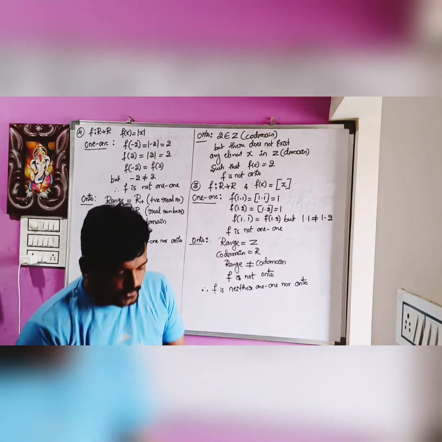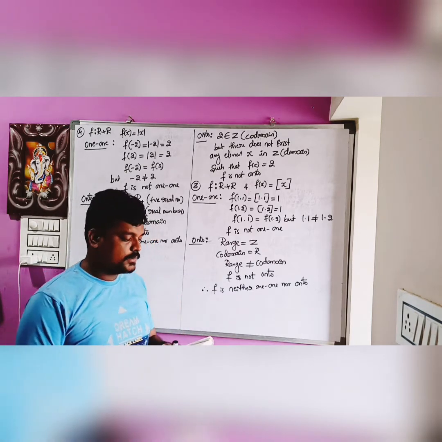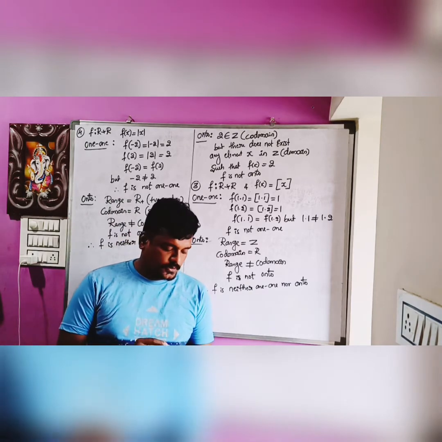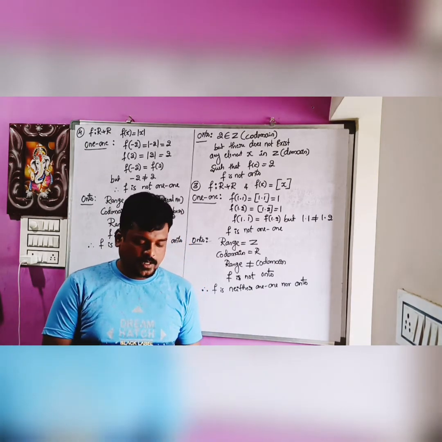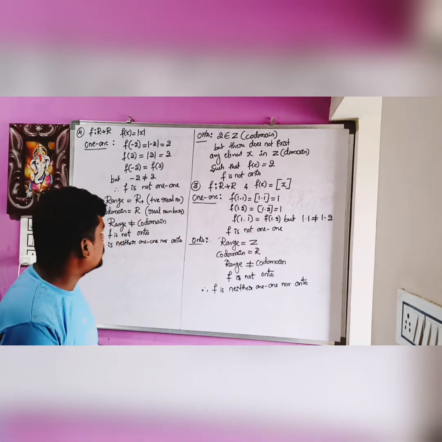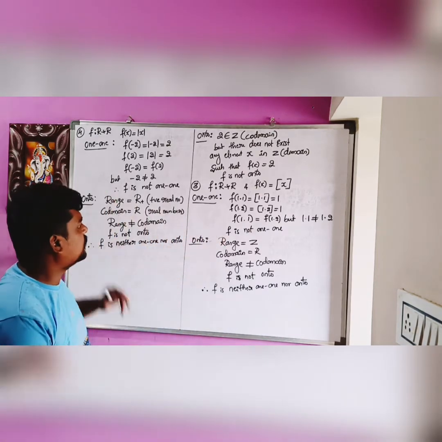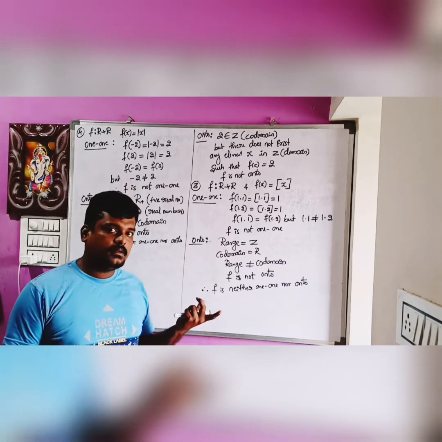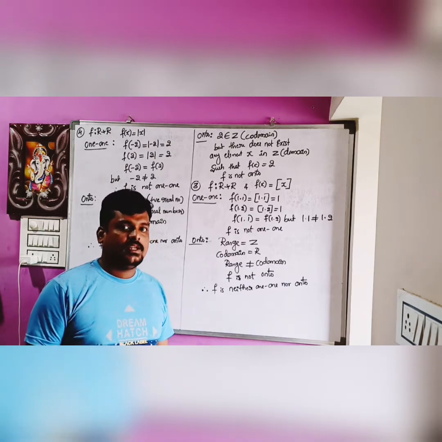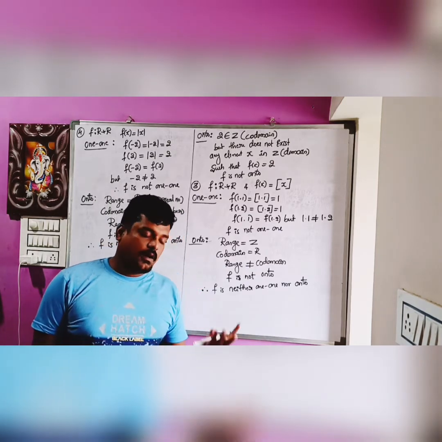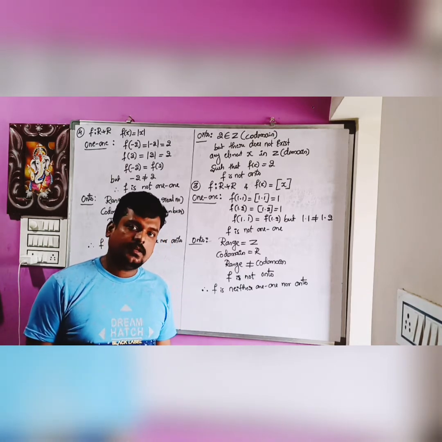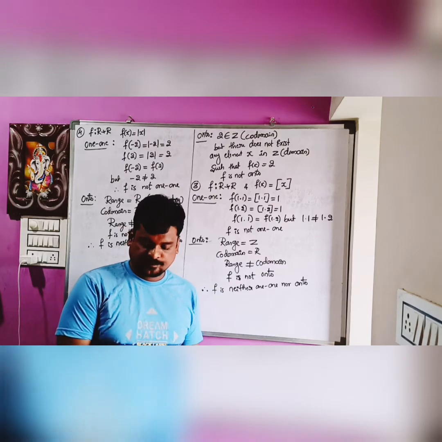What is he asking? Show that it is neither 1-1 nor onto. Similarly, we have the signum function. Here also we have to show that f is neither 1-1 nor onto function. With the same concept we are going to do the next question also. Questions 3 and 4 we have done in almost the same pattern. In the same way we do question number 5, the signum function. All these greatest integer, modulus and signum functions we discussed in the PUC first year classes.